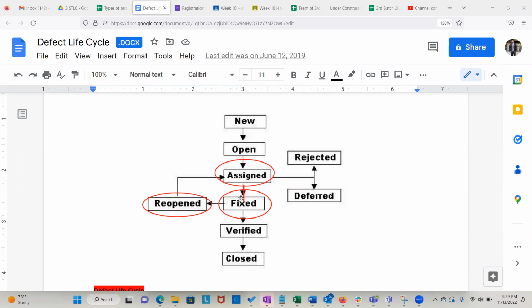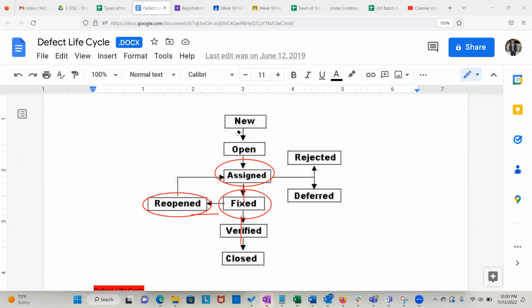And then you're going to retest it here again. And if it's fixed, then you're going to push it to verified. If it's not fixed, you can again reopen the bug, and it's going to go into the same circle. So this is the reopen part, and this is your interview question as well. They will ask you, what does the reopen status mean in the defect life cycle? So that's one way. The other way is, when you log a bug, right?